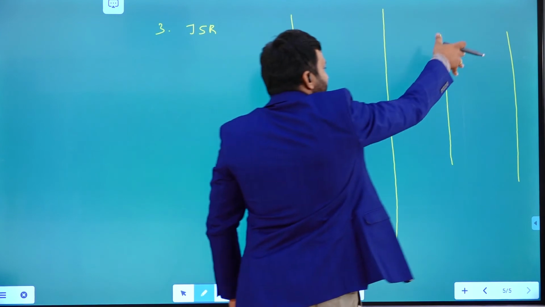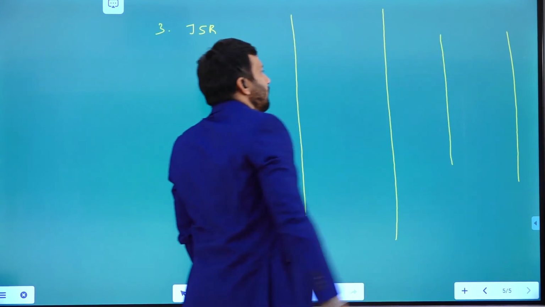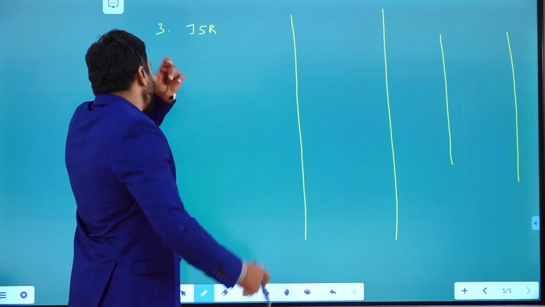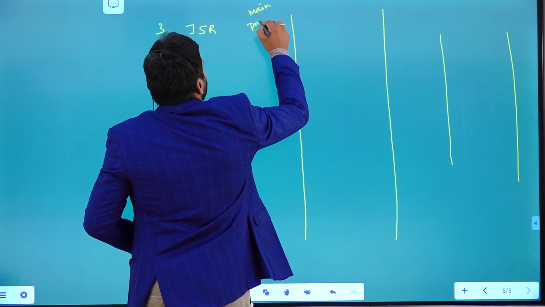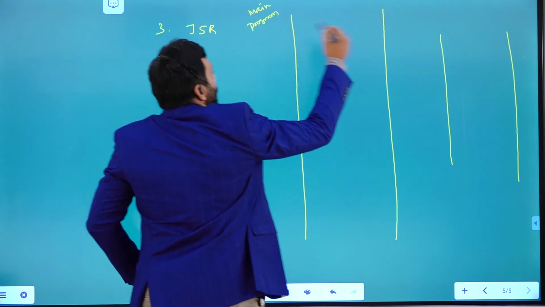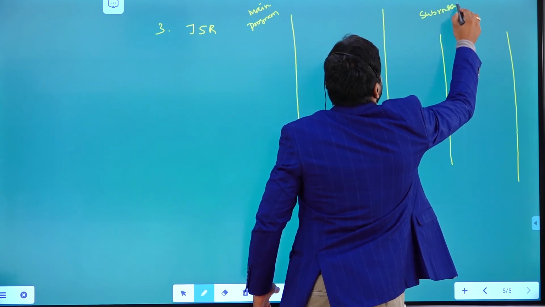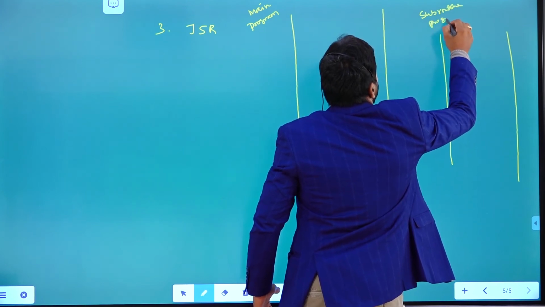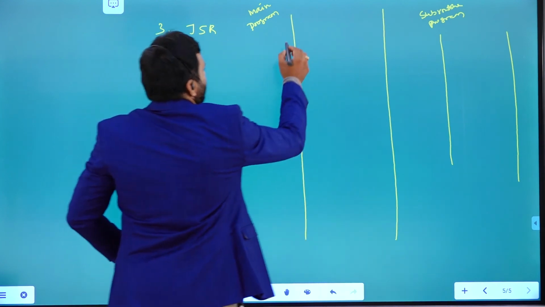Here is the repeated program. If you want to execute that program, the corresponding rungs are written here. This is going to become the main program. This one is going to become the subroutine program, right?